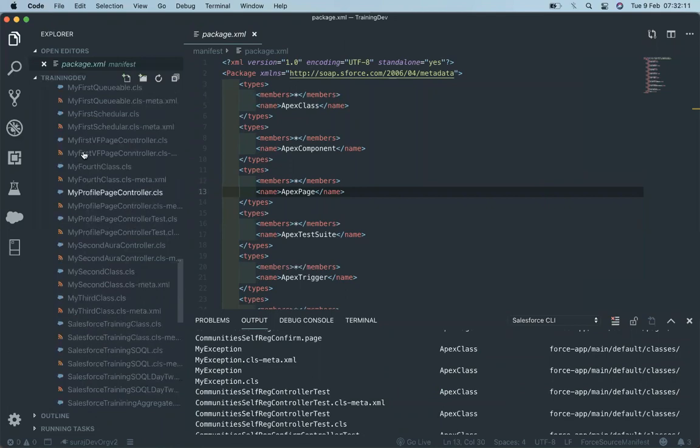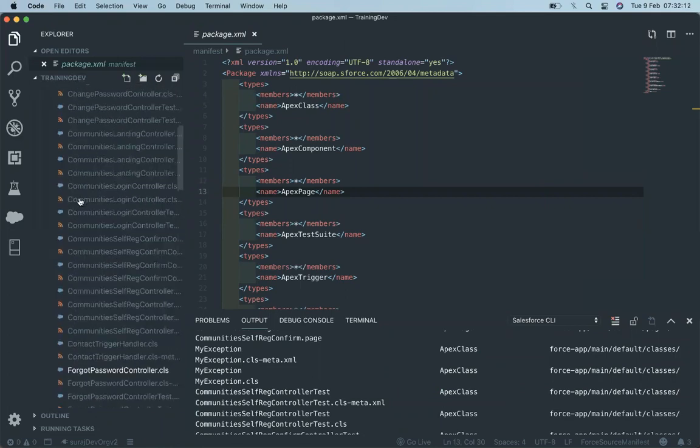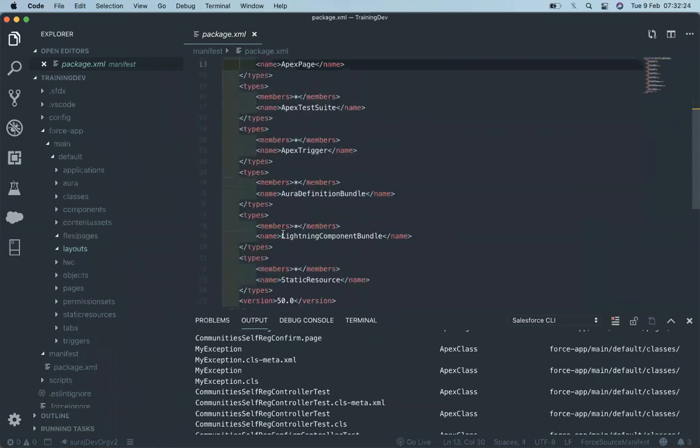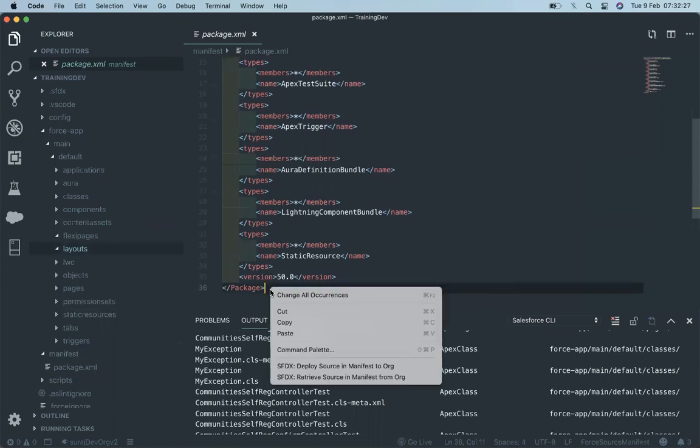We have so many classes, and we have components, and we don't have any other things. Layouts are not added in this package.xml, so that's why they're not appearing.